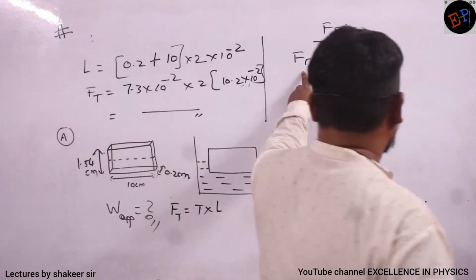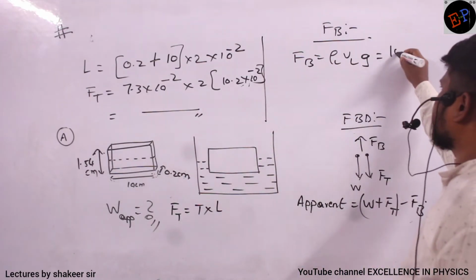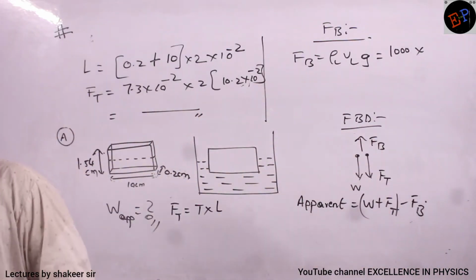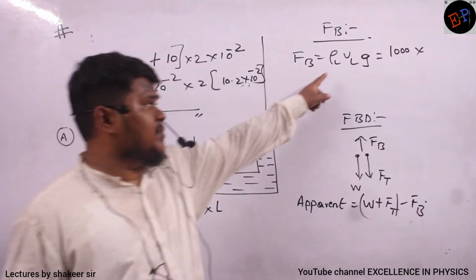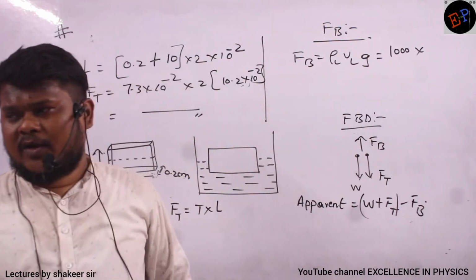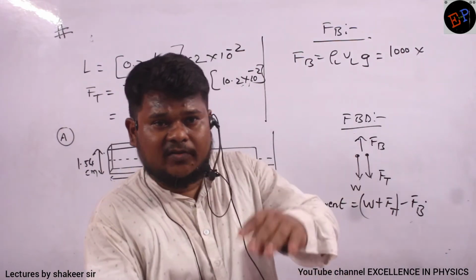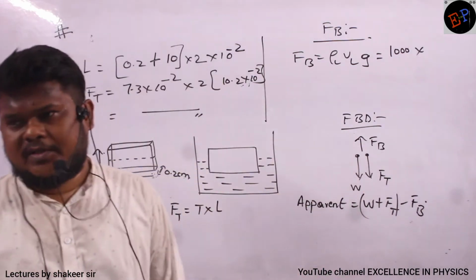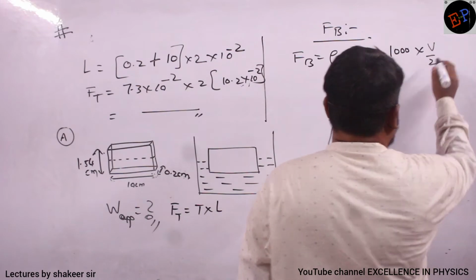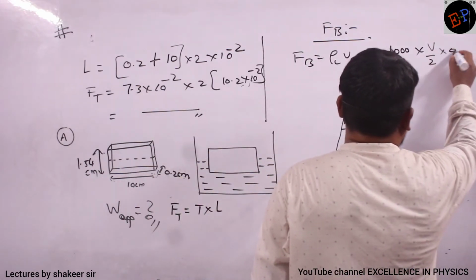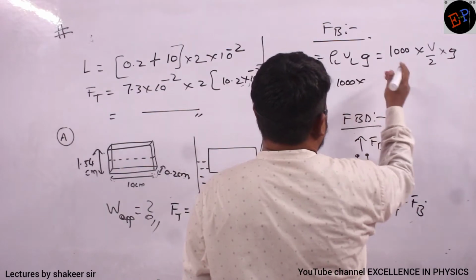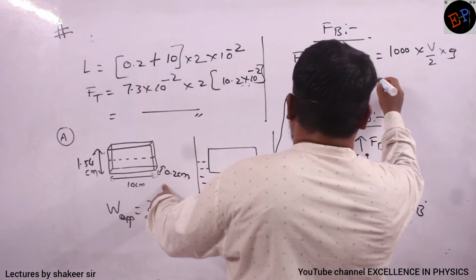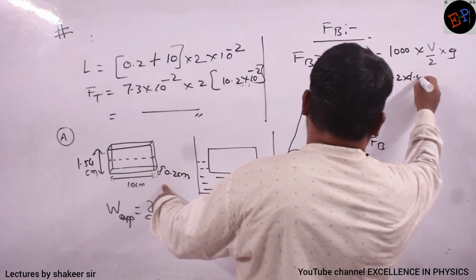Similarly, now see, force of buoyancy, rho L VLG, density of liquid 1000. Volume of plate immersed inside water is how much? What is meant by VL? Volume of liquid displaced, no? Volume of liquid displaced is nothing but volume of body inside water. How much volume is present inside water? Half is present inside, half is present outside. So therefore, can I write total volume divided by 2? That's all, no? Multiplied by G value. So 1000 multiplied by total volume is how much, ma? Length into breadth into height only, no? What is length? Length is 10, breadth is 0.2, height is 1.54.